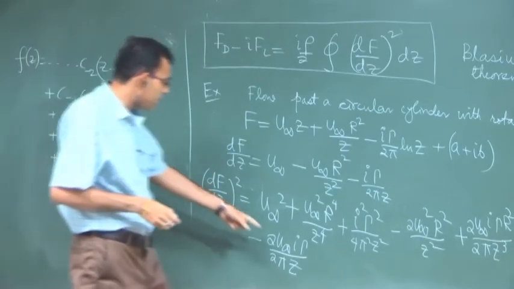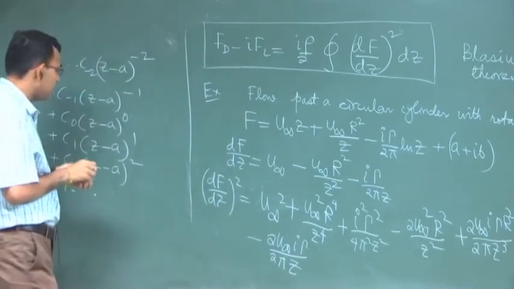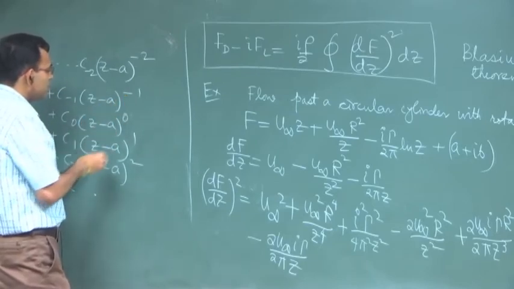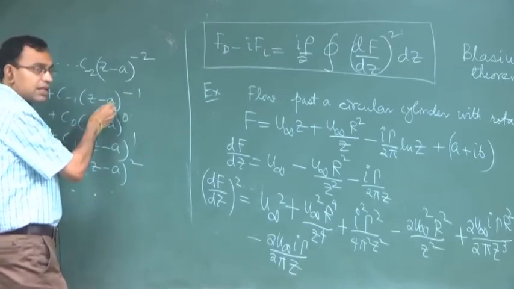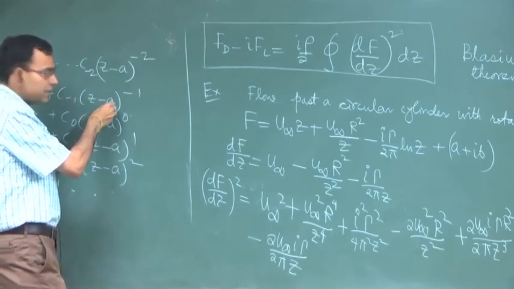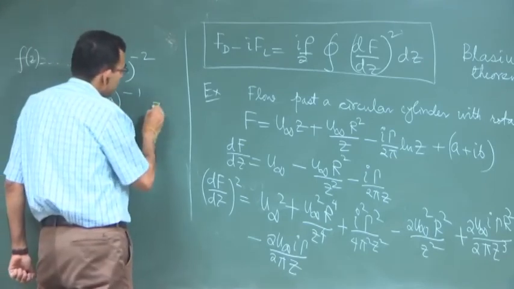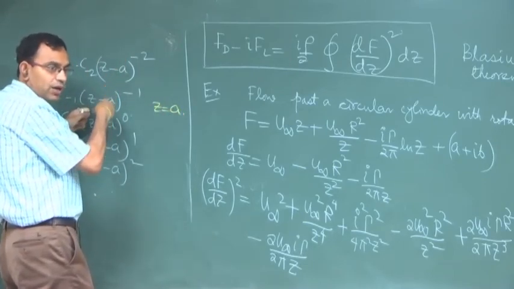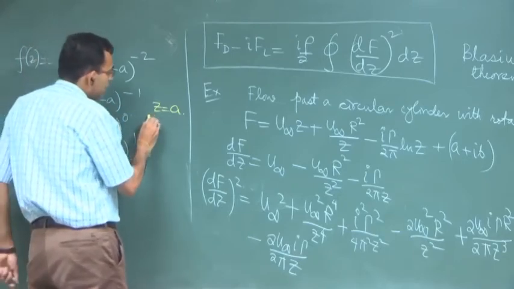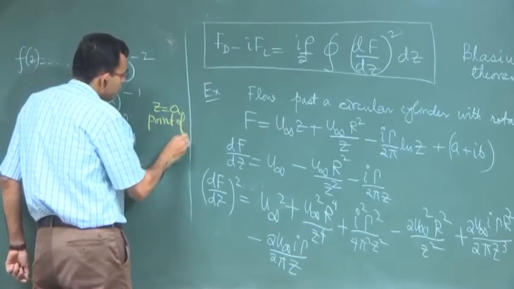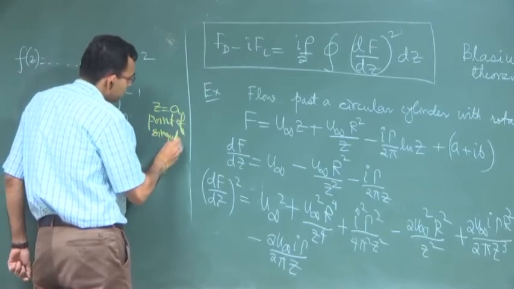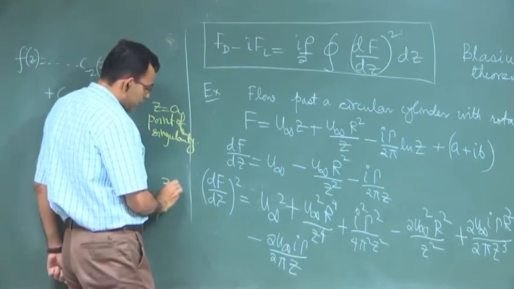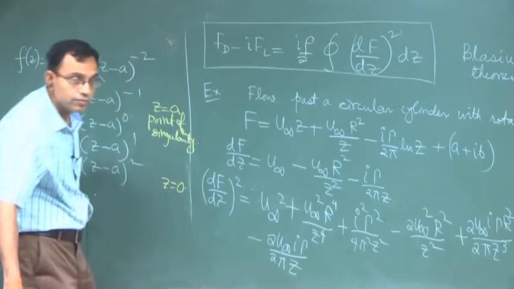So, this is very similar to this with a equal to 0. Interestingly, this function is singular at z is equal to a, right, and z is equal to a is called as a point of singularity because it is 1 by (z minus a). So, at z is equal to a it will be 1 by 0 type of thing. So, z is equal to a is a point of singularity. So, if this function, here the point of singularity is z equal to 0, a equal to 0.